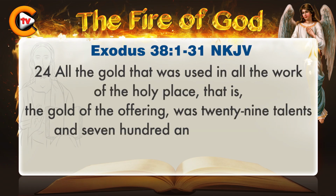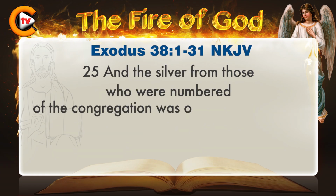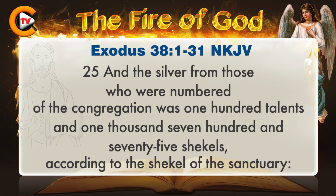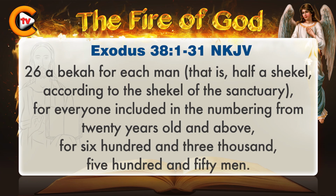All the gold that was used in all the work of the holy place, that is, the gold of the offering, was 29 talents and 730 shekels, according to the shekel of the sanctuary. And the silver from those who were numbered of the congregation was 100 talents and 1,775 shekels, according to the shekel of the sanctuary. A bekah for each man, that is, half a shekel, according to the shekel of the sanctuary, for everyone included in the numbering from 20 years old and above,